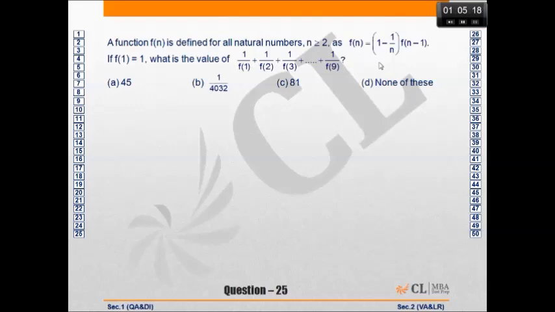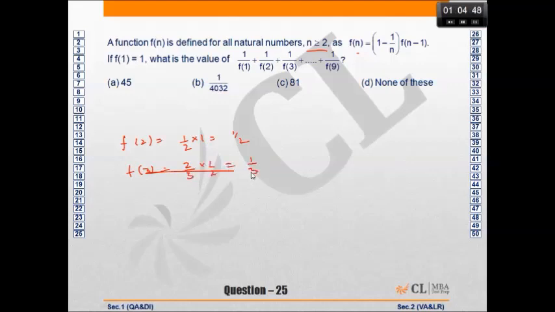A function fn is defined for all natural numbers greater than or equal to 2 as fn equals 1 minus 1 by n into fn minus 1. f1 is 1. What about f2? f2 will be 1 by 2 into f1, which is 1 by 2. f3 will be 1 minus 1 by 3, that makes it 2 by 3 into f2, which is 1 by 2, which is 1